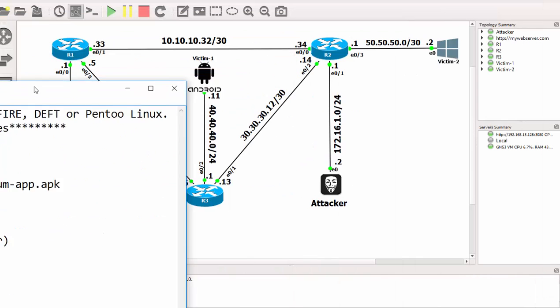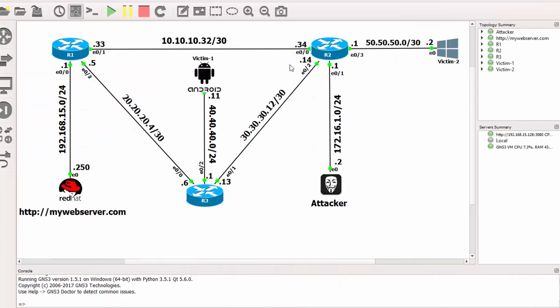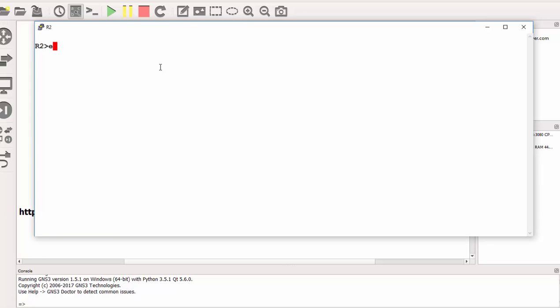So without wasting time, let's get to the topology right here. This is GNS3. This might look a bit complex to other people, but I'm trying by all means to mix and match, make some different networks so that we can have some routes here, and then we can do some NATing as well. So in this case, for example, I have this web server here, HTTP, my web server, and then I've got the attacker here. I've got the Cisco routers here,